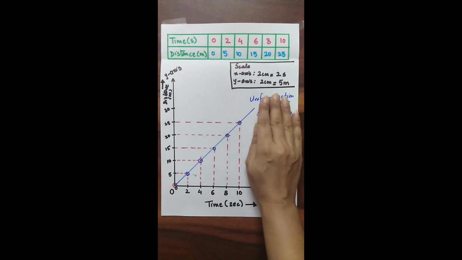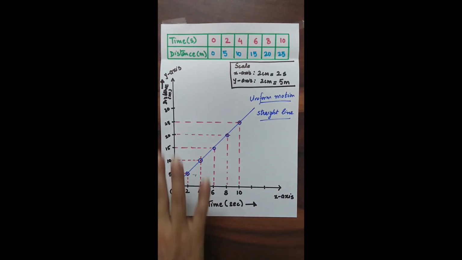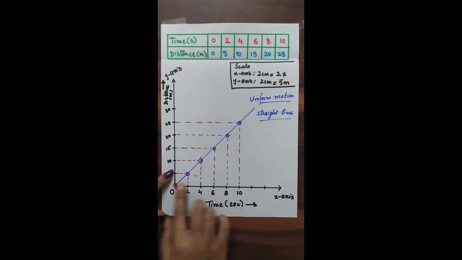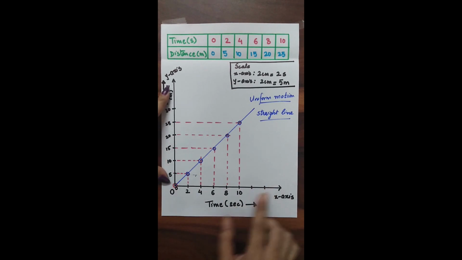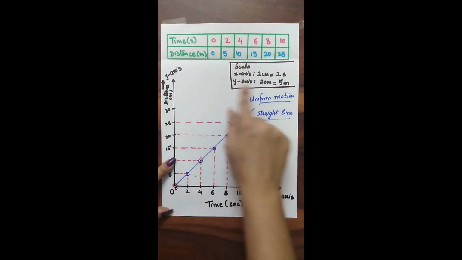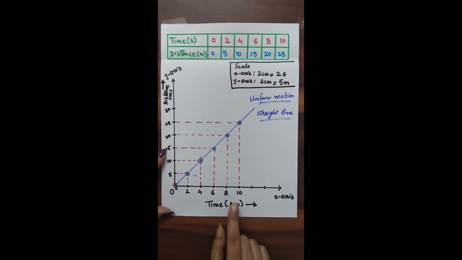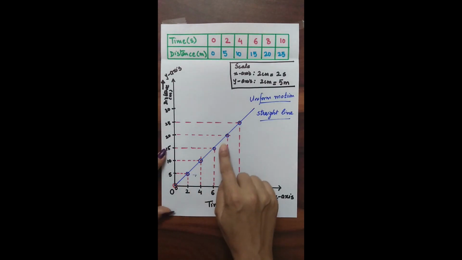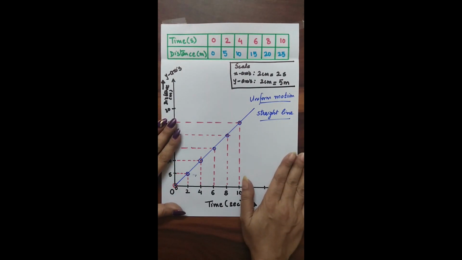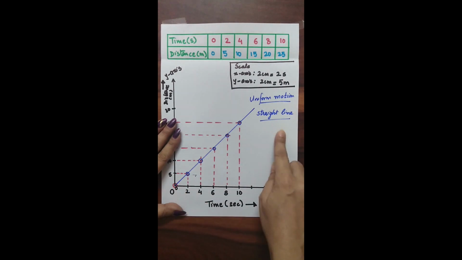Once you have confirmed this, then you need to start with your graph work. For that, first you need to draw the two axes, x-axis and y-axis. Then you can use a suitable scale according to the data given in the table. Write down the scale mentioned. After that, you have to start plotting the points neatly. Once the plotting has been done, you have to use a scale to join the points. So if you are getting a straight line, it's confirmed that it is showing a uniform motion.